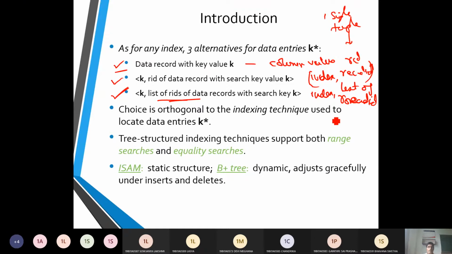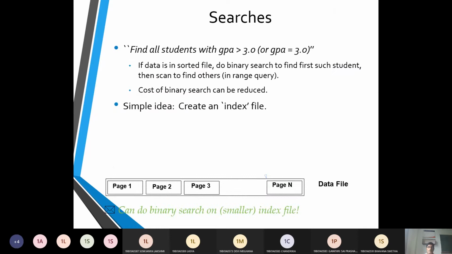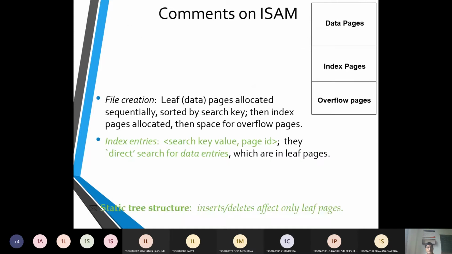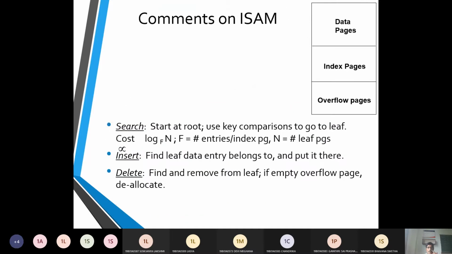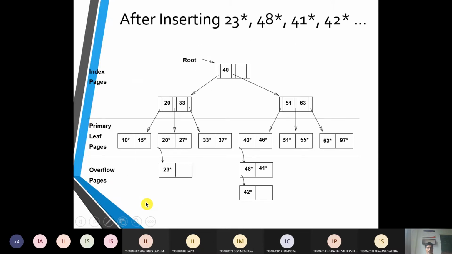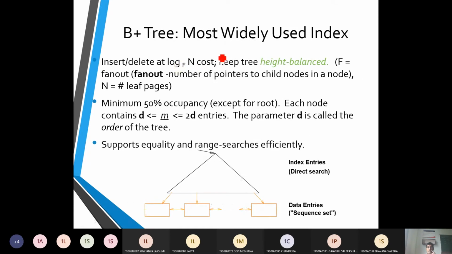So how are we going to make an index? We are going to make an index with K, and we are making an index with a list of row IDs, etc. For that we adopted the very first method called the index sequential access method, ISAM. Thereby we move on to insertion, deletion and updation of an ISAM.